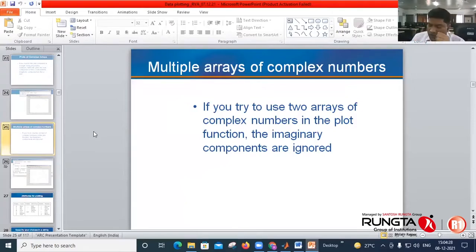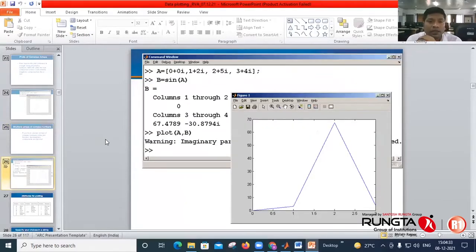Okay, like this, here A is 0 plus 0i, 1 plus 2i, likewise, and B is sine of A. So both A and B contain complex numbers. If you plot A and B, it will draw the graph by considering real numbers only. Imaginary numbers will not be considered. That is how MATLAB creates the plot.